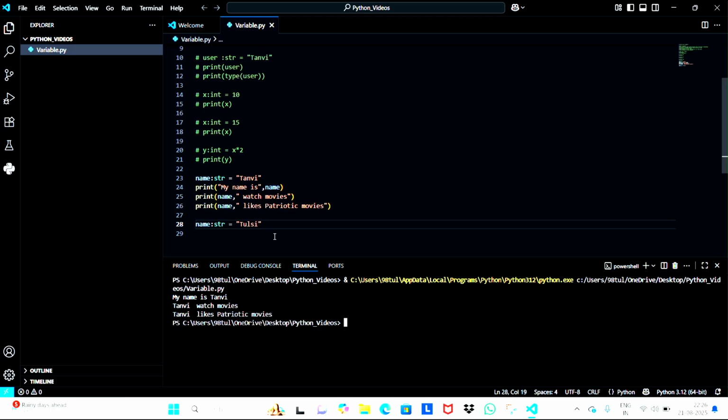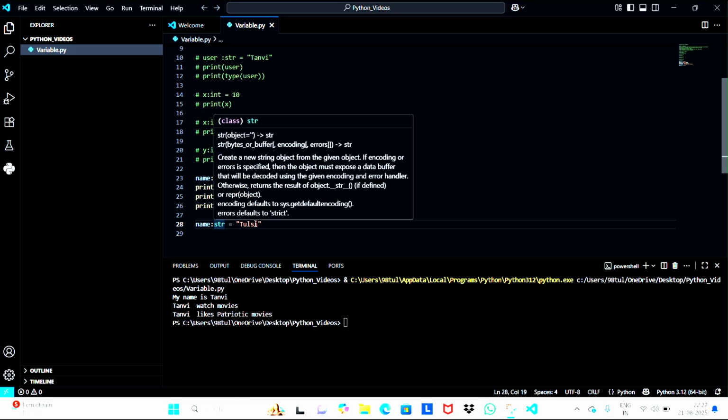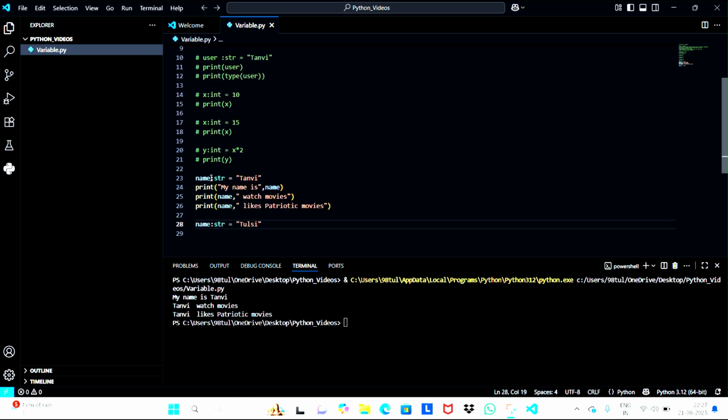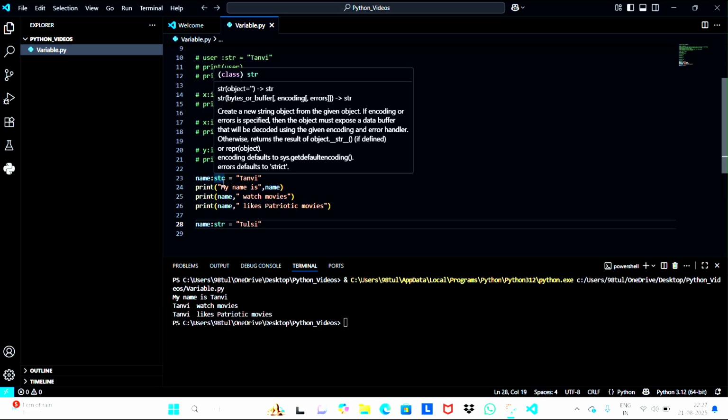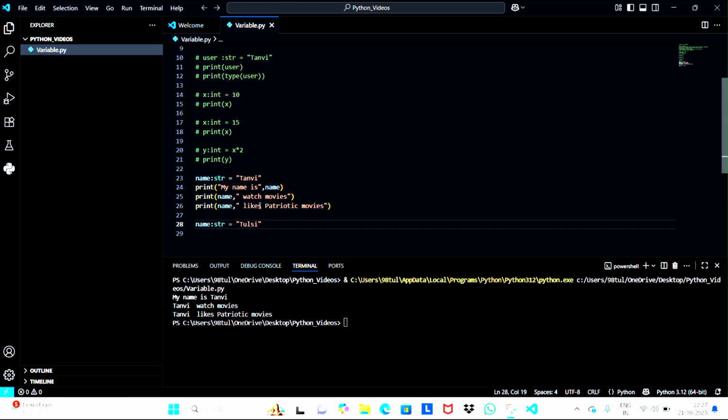Nothing changed, because here we update the variable, but Python doesn't know, because here we have already given the variable of type string and the value is name. So here, let's copy this